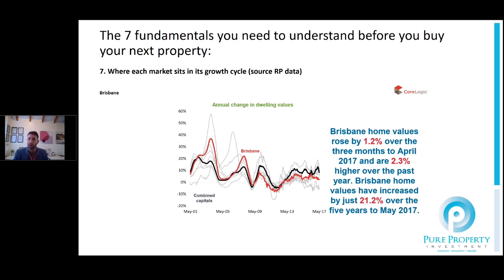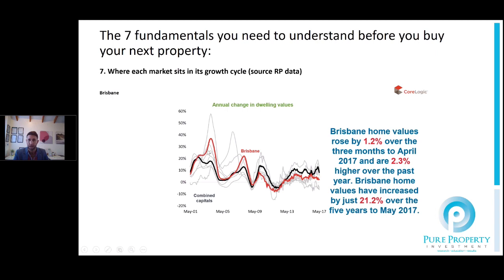Brisbane's one of them. I think the economy is an aspect which needs to still turn a corner. I don't think it's fully hit its straps, and I think we've probably still got a good 1 to 3 years of different aspects filtering through the state economy that are going to feed to better jobs creation, higher wages, and continue to push net migration into the state, into Brisbane, which will continue to push up the demand. But we can see that Brisbane, if we look at the 10-year data again, had a good strong run,